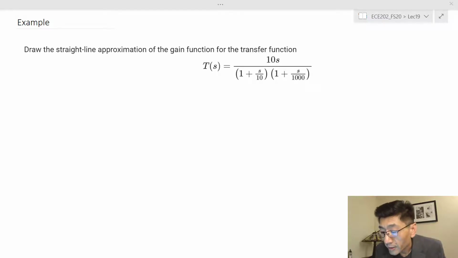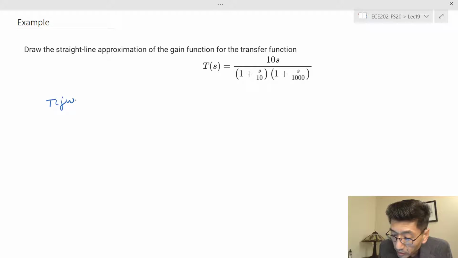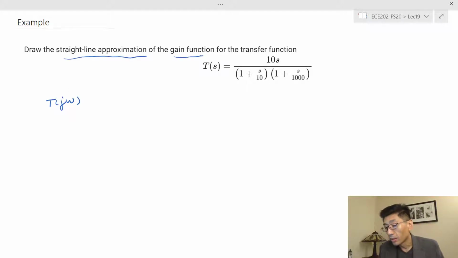So let's look at an example. This transfer function is more complicated than what we just did for the basic ones or the straight line approximations. Let's see if we can figure this out. In this case, I would like to know the straight line approximation just for the gain function,